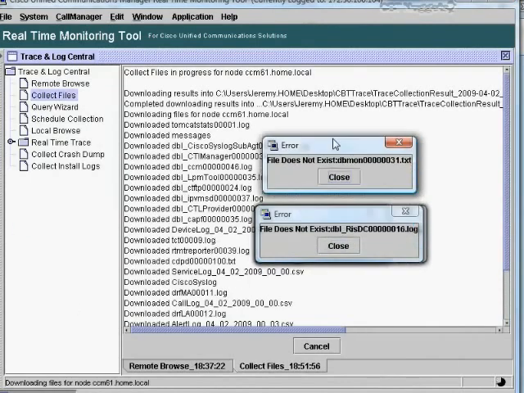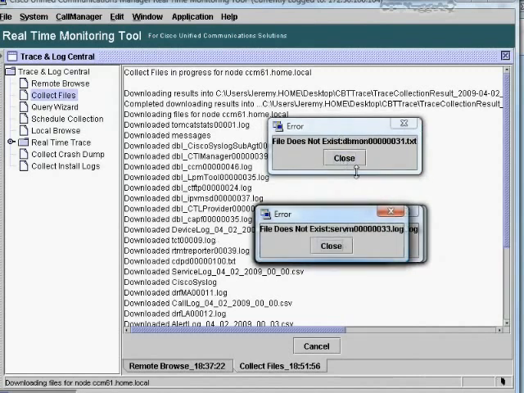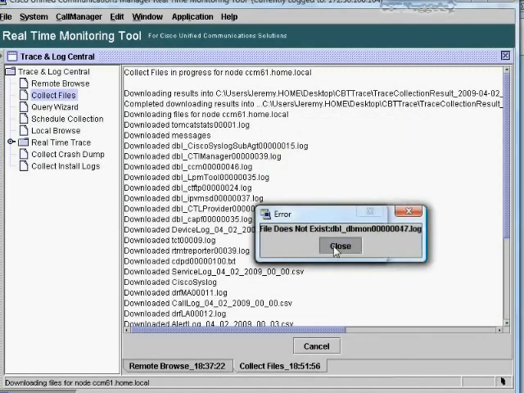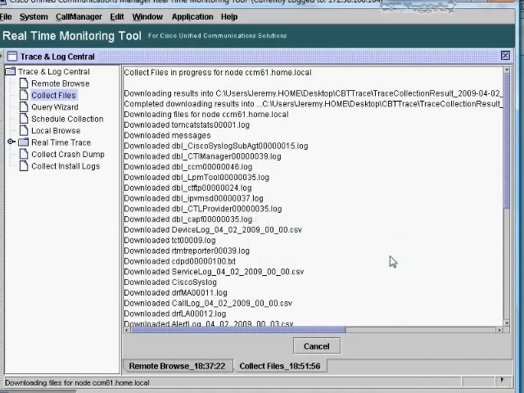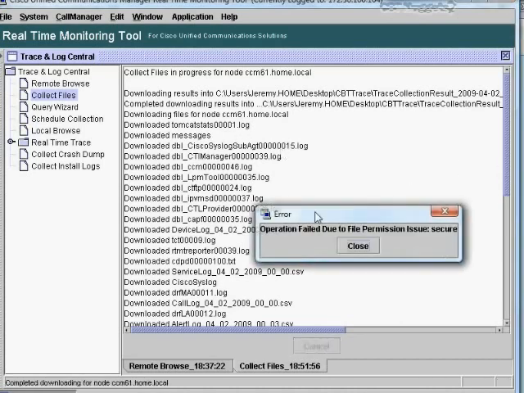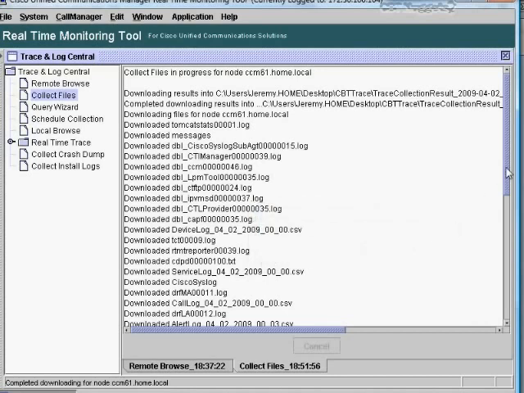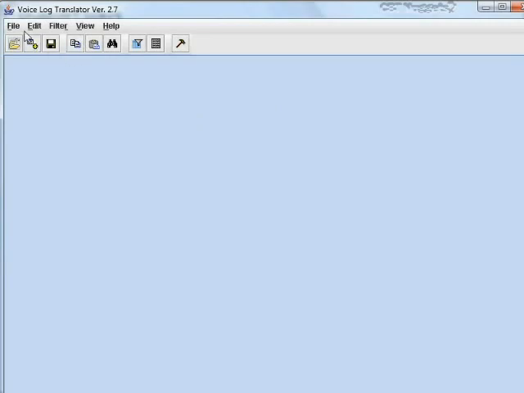It's probably just saying, hey, for that limited of a time frame, we don't have any of these log files for these services because they don't exist. It was too limited. So it downloaded the files. Don't worry about that. Ignore that error. It's okay. So it downloaded all the files to my desktop, and now I can go to my voice translator,